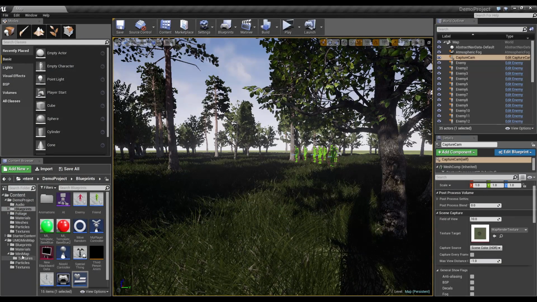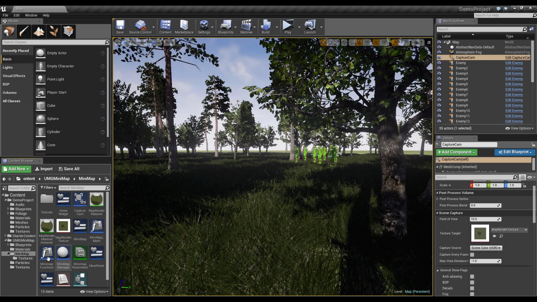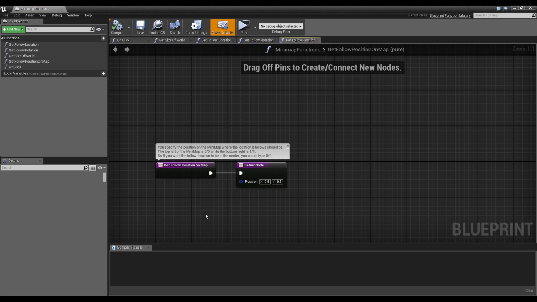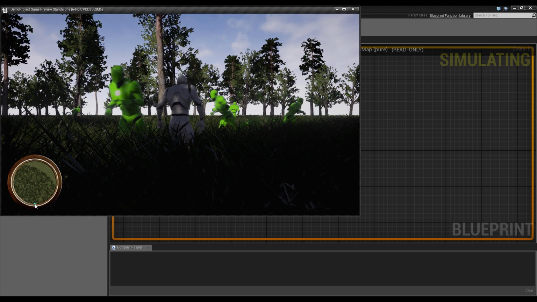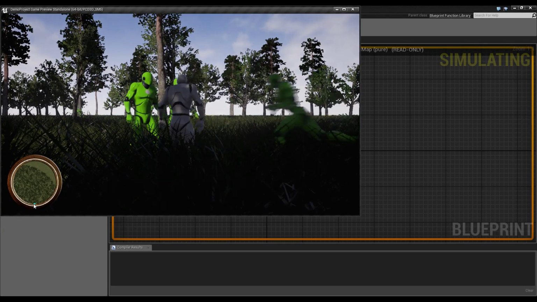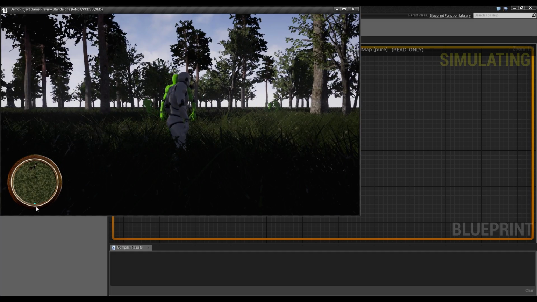For changing this, you would need to go into the minimap functions, where you have the function getFollowPosition on the map. And you have a comment here. The top left of the minimap is 0, 0, while the bottom right is 1, 1. At the moment it's set to 0.5, 0.5, and we just set it to 0.5, 1, which should be the center at the bottom. And yeah, it is. So now you see the player is at the bottom,